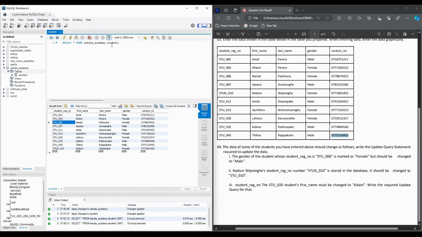STU_006 must be a male student. So let's change that. I'm going to use this area to write the query. So I'm going to write update, and we need to provide our table name with the database. So to use only the table name, we need to double click on our database. Then you can see the database name gets bolded, and now we can use our table name, student, and I need to set the gender column's value to male,